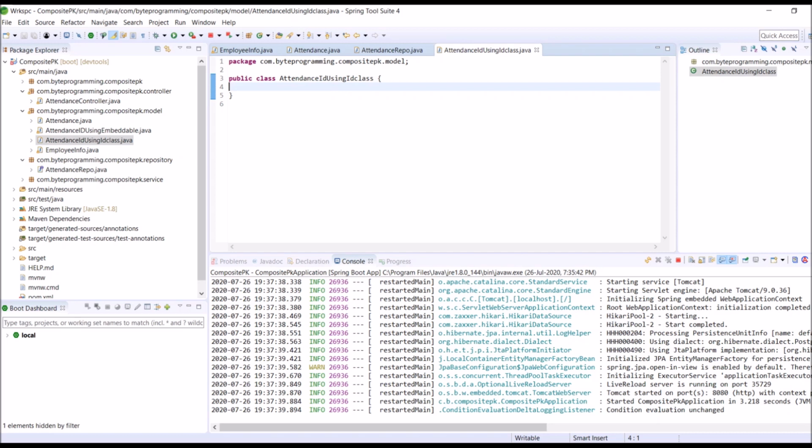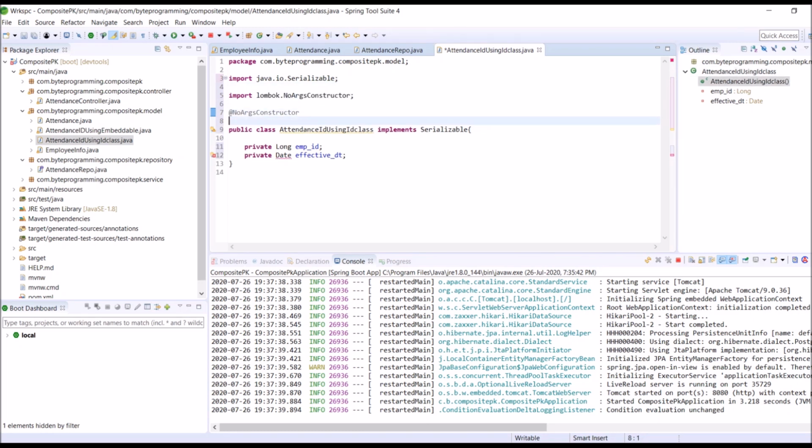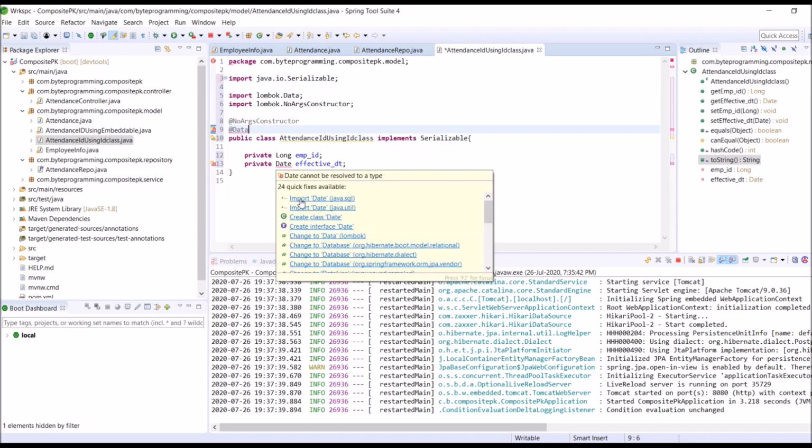Let's add the fields: private long emp_id, private Date effective_dt. Implement Serializable, add a no-argument constructor, add the @Data annotation for equals and hashCode. Let's import Date.